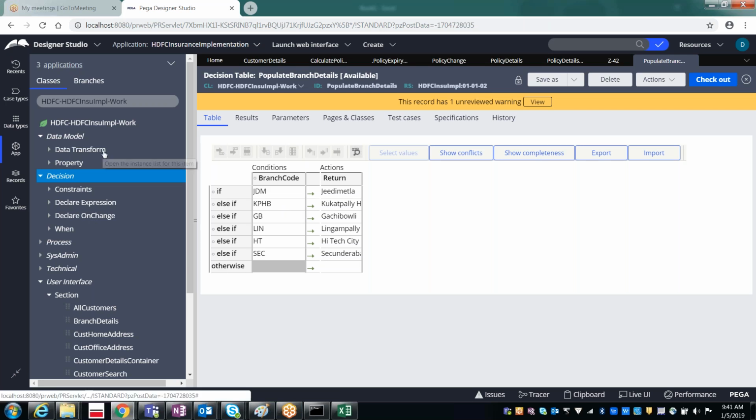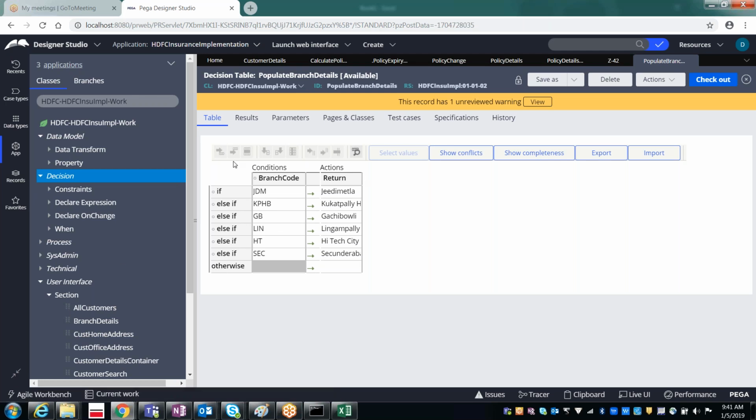So what I said about the declarative rules? Declarative rule means what is the purpose of the declarative rule? I said the purpose of the declarative rule is that we need not refer or call it manually from anywhere, right? That will execute automatically. But the decision table is not like that. Again you have to refer it from somewhere in the flow, or somewhere in the activity. So how exactly you can do it?